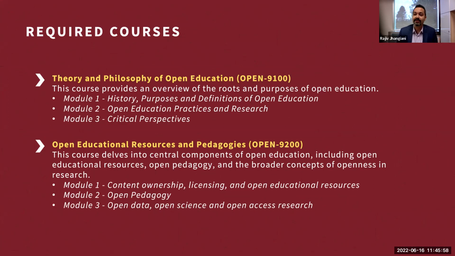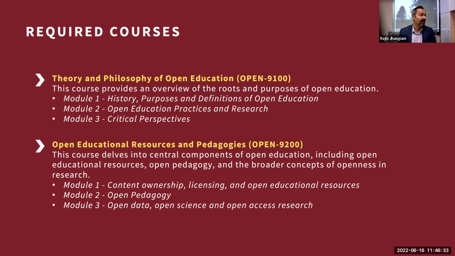The program consists of a suite of 7 courses, of which individual learners pick 5 to customize their journey. So what you're seeing over here are the first 2 courses that are required, foundational courses in the program. And all of these courses are 6-week courses, fully online, and asynchronous within those 6 weeks. Each of these courses is broken up into a set of 3 modules, and each module is, of course, 2 weeks long.